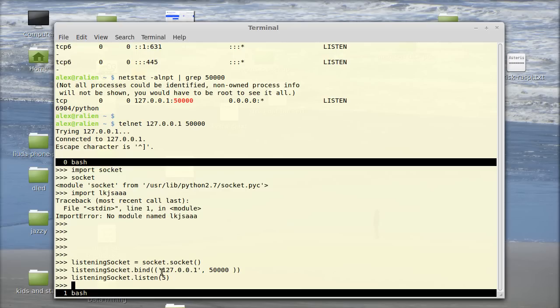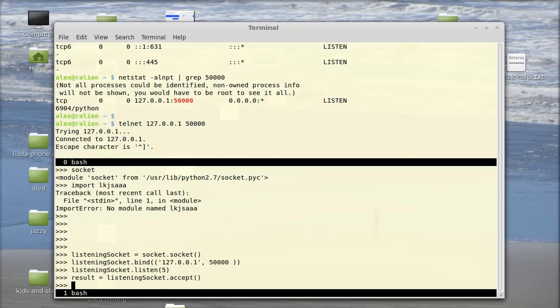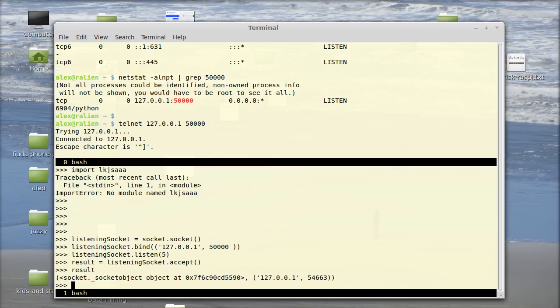If you remember, the accept function gives you back a new socket object that corresponds to the connection with the given client. So result equals listening socket dot accept. Something happened. Now let's see what result is. And we see several things. That result is actually a tuple that has two elements. The first one is an actual socket, the thing I mentioned earlier, and the second one,